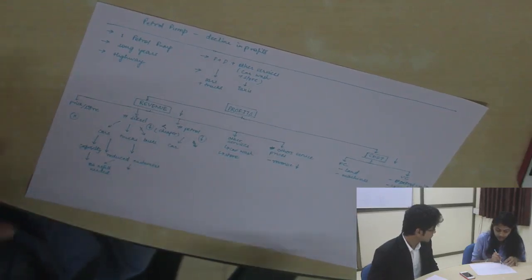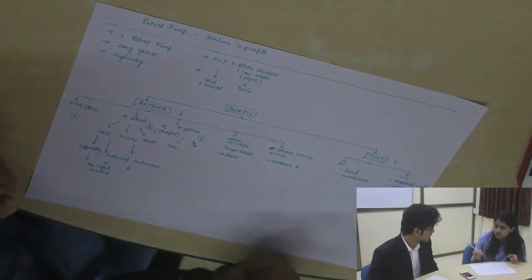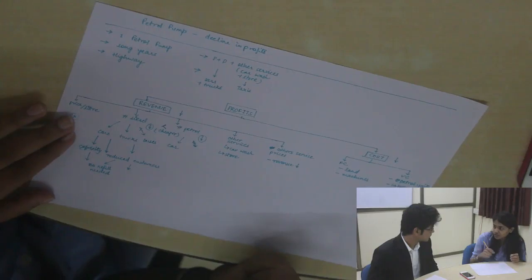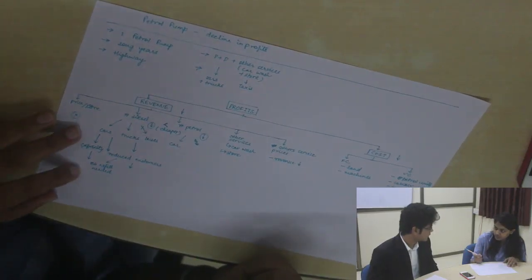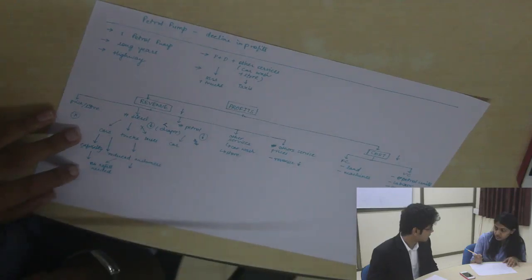I just said that on the Delhi to Chandigarh highway, the distance might not be too much for them to have a refill. But they've been doing this for a very long time, right? Why suddenly? Why a change in behavior suddenly?